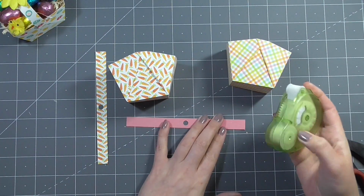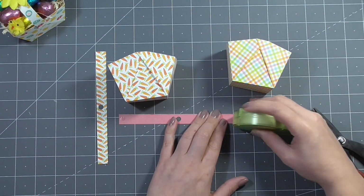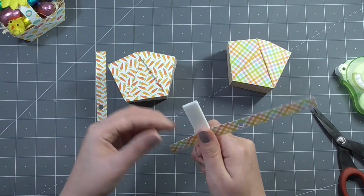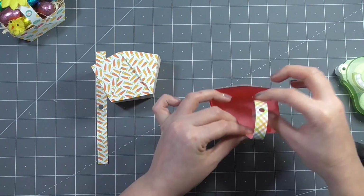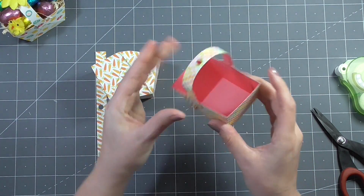handles. For these handles, I'm actually going to use glue dots again. You could attach these with brads or something different if you wanted a decorative element, but I'm just going to use these glue dots, and I'm just going to gently curl this piece around my bone folder just to help it hold that handle shape. So I'll press that down on the outside of each side of my basket, and you can see how easy